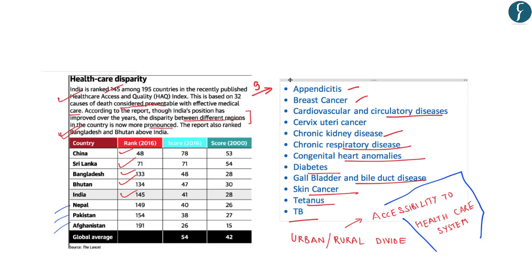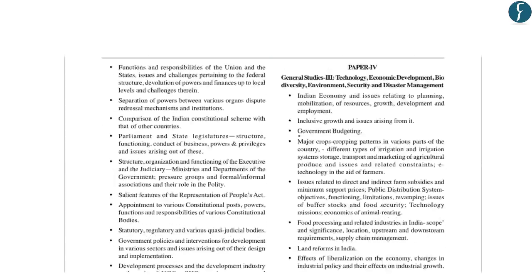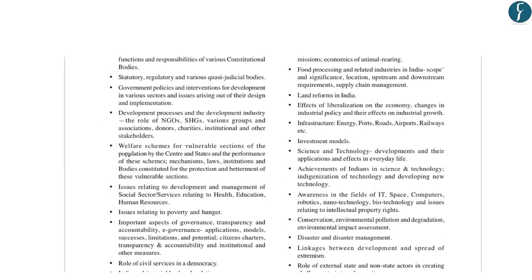As far as the syllabus is concerned, it comes within GS paper 2, specifically under welfare schemes for vulnerable sections of the population and also issues relating to development and management of the health sector, and also issues pertaining to poverty and hunger. Because if we take care of poverty and hunger and provide them with proper access to food and nutrition, then it also addresses the issue of health, and also a proper healthcare setup across India, including rural sectors, becomes essentially important. So, in this regard, proper implementation of Ayushman Bharat is very important with respect to an improved healthcare system in the country. With this, let's move on to the next news.